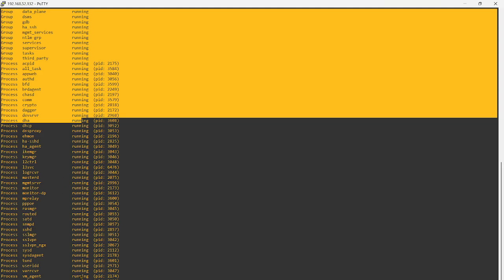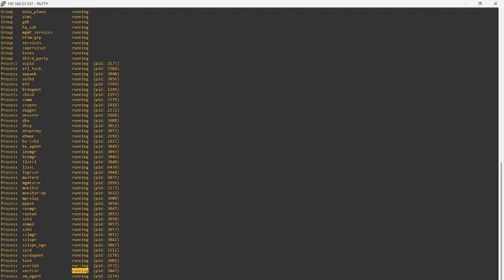It will verify whether all the services or processes are running or not. If any of these processes are not running, the auto commit will not be completed. And if the auto commit is not completed, you can log into the firewall, but you cannot make any changes.